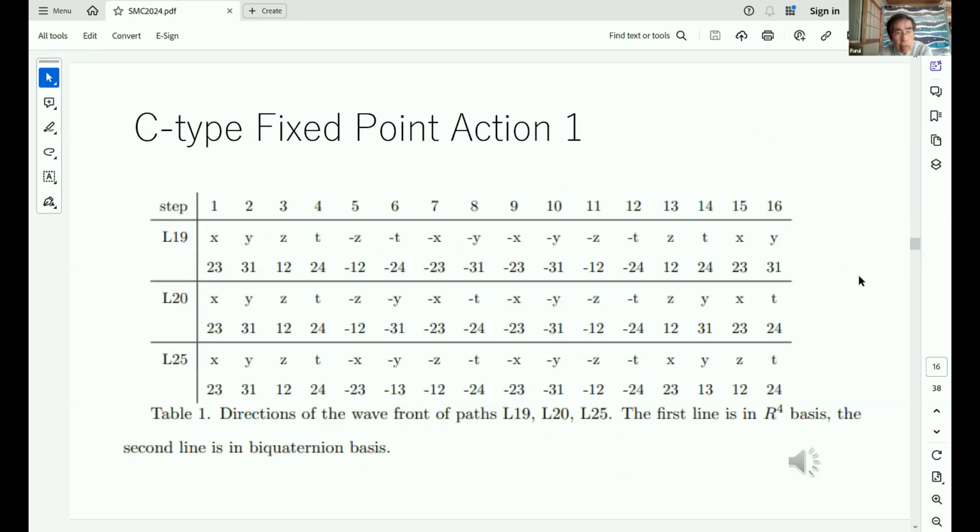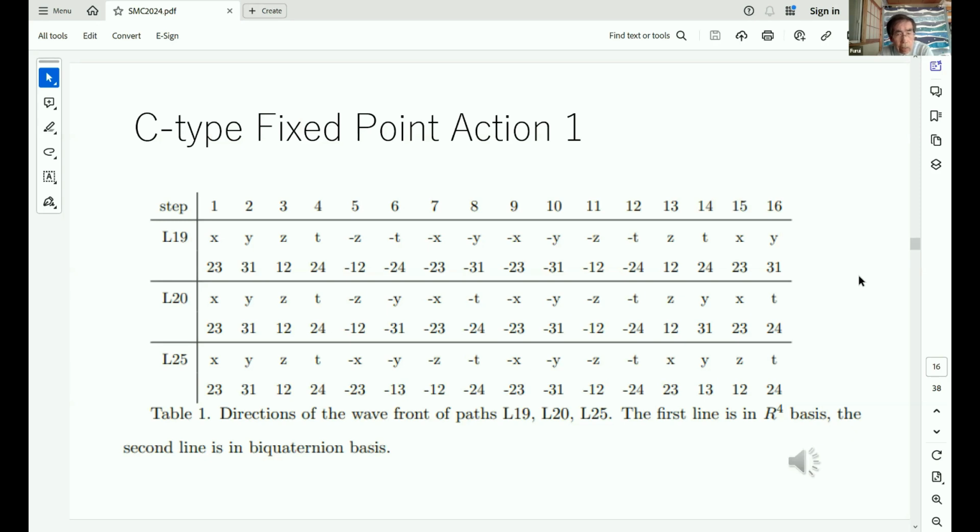And this is a fixed point action. There are 7, so this is the first 3, 1, 19, 20, and 25. And this X, Y, Z means that the path direction is X, then path direction Y, and path direction Z. And this is also in biquaternion basis. X can correspond to biquaternion 2, 3, Y direction is biquaternion 3, 1, and Z equals 1, 2,